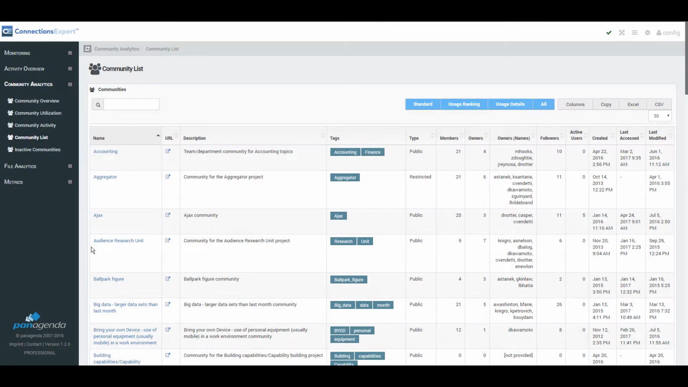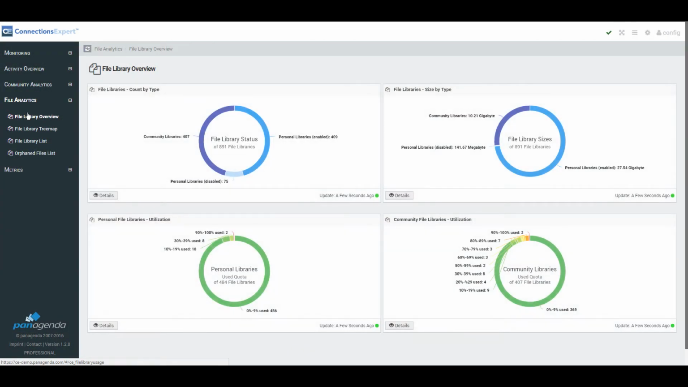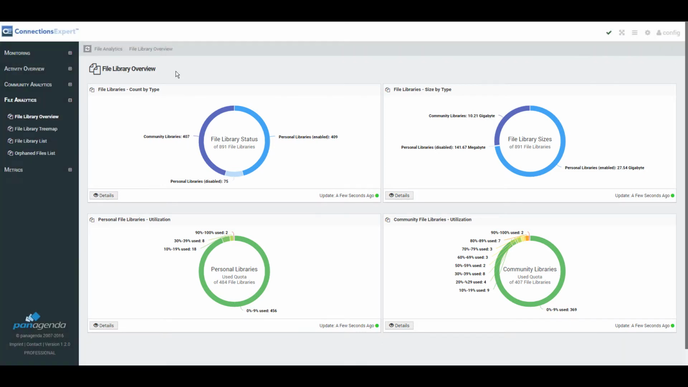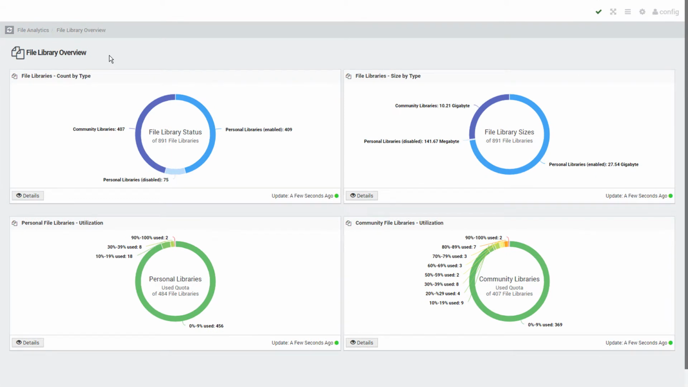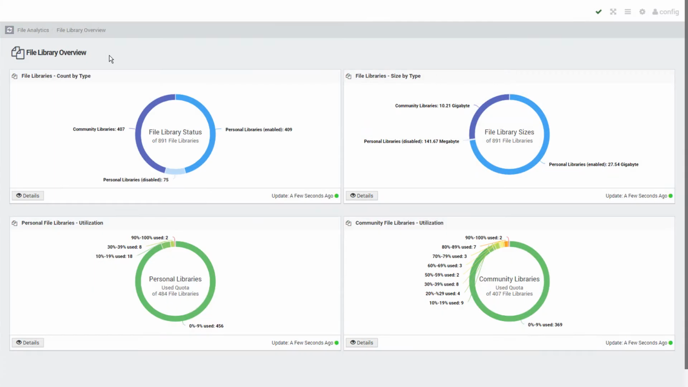To check the quota status of the file libraries, navigate to File Analytics, File Library Overview in the navigation menu. The File Library Overview dashboard includes 4 gauges. The upper 2 gauges show the status of file libraries divided in count by type and size by type. In each gauge, the total number of file libraries is broken down to enabled and disabled personal libraries as well